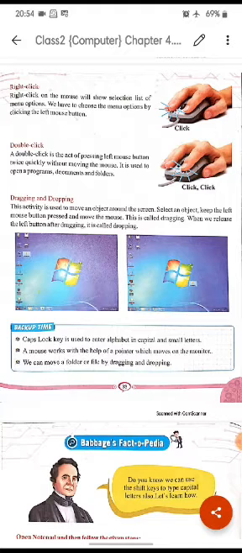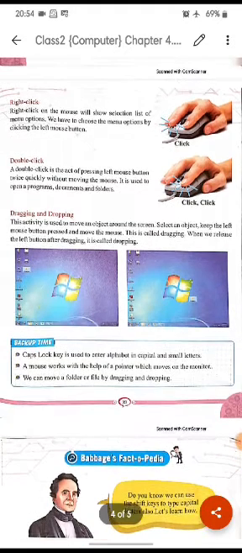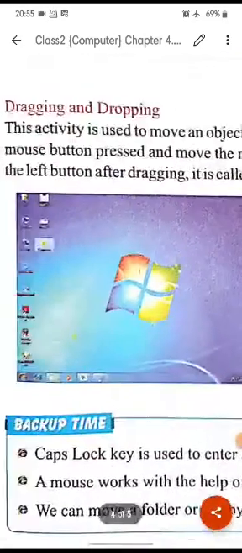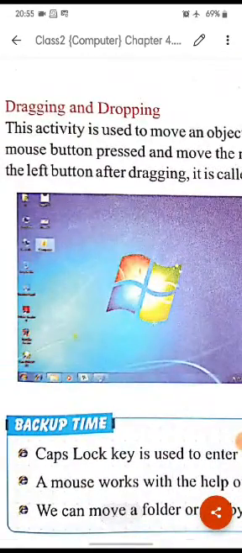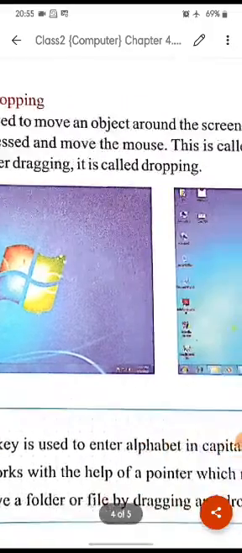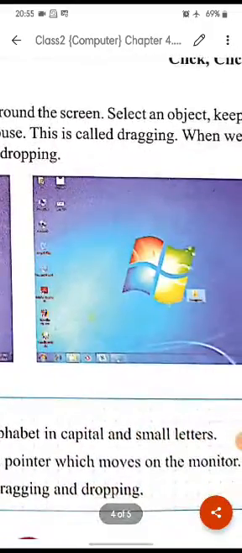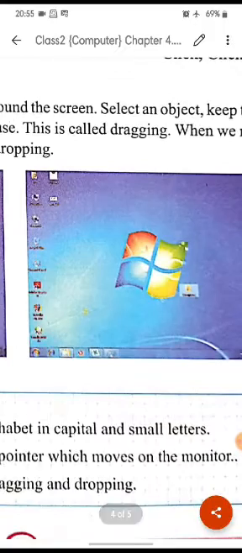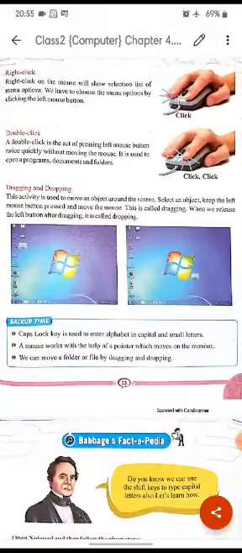If we want to change the place of the icons, we can do it like this. In this picture, this folder is here, and by dragging it from here, we have shifted it here. So this is done only by dragging and dropping the icon.